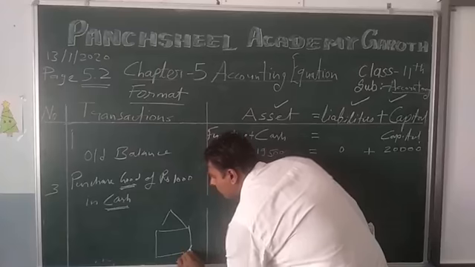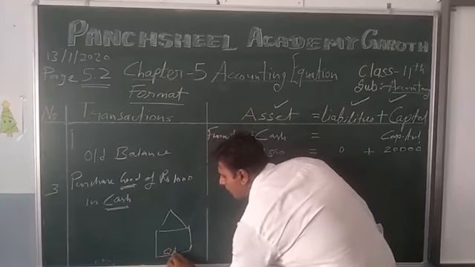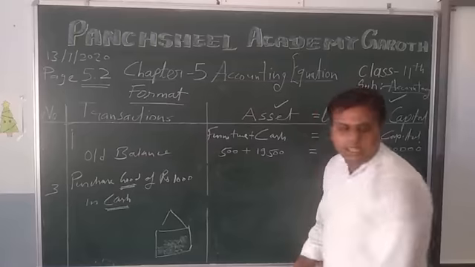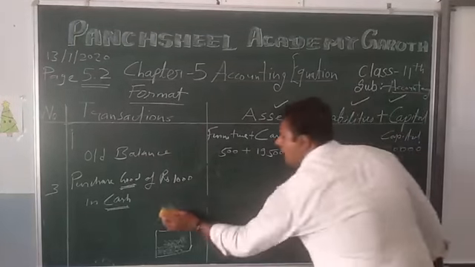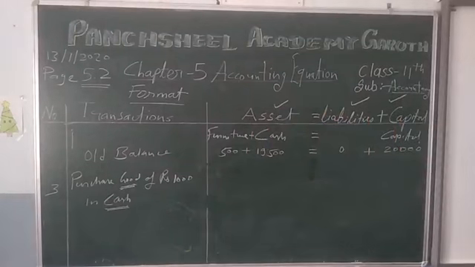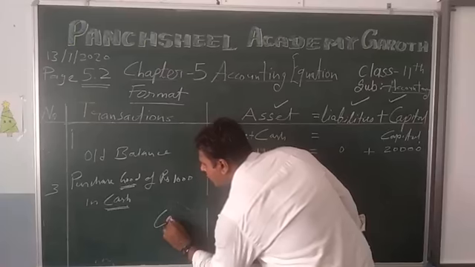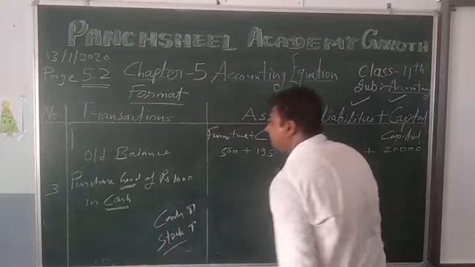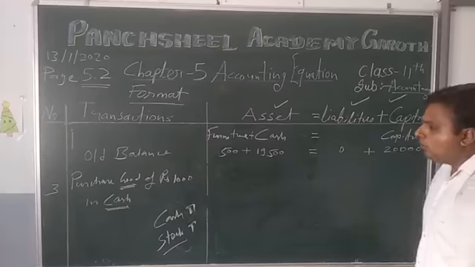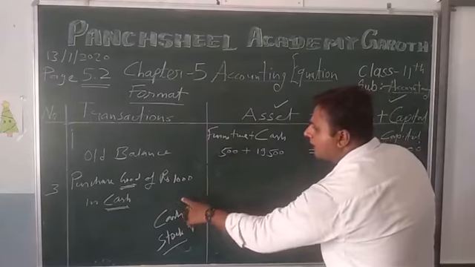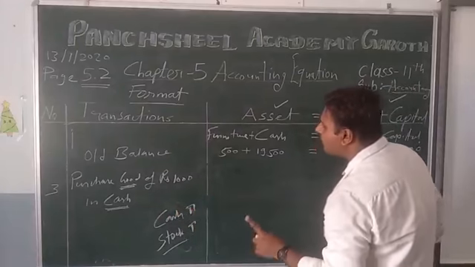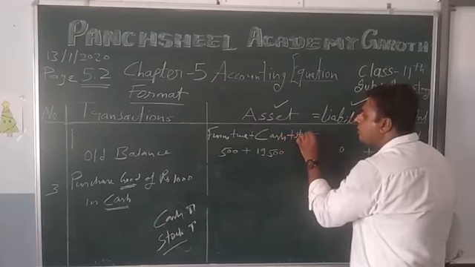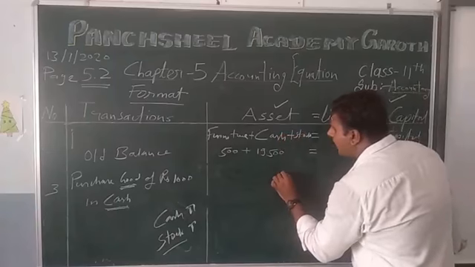Suppose this is our godown. If we are purchasing goods, then goods will increase. So it is impacting two things: one is cash and one is stock. I will write it down. 1,000 purchase goods. If I am purchasing some goods in cash, my stock is increasing. I am writing here plus stock. How much will it increase?